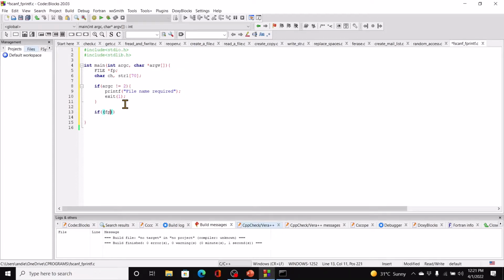So if fp equal to fopen, and we have argv[1] where we get the name of the file from, that's going to be opened in write mode. If that's equal to NULL, as in a null pointer is returned, then printf, exit 1. Printf "enter a string", and here we'll have scanf,